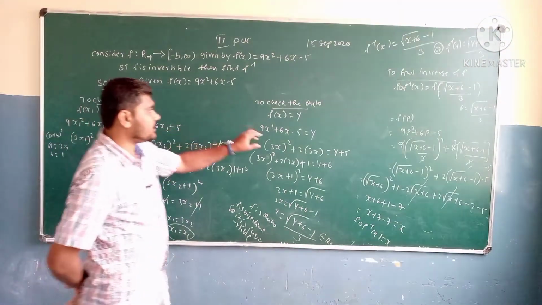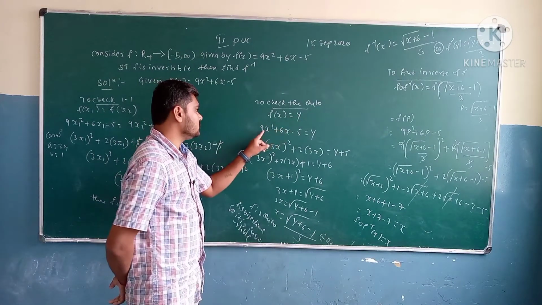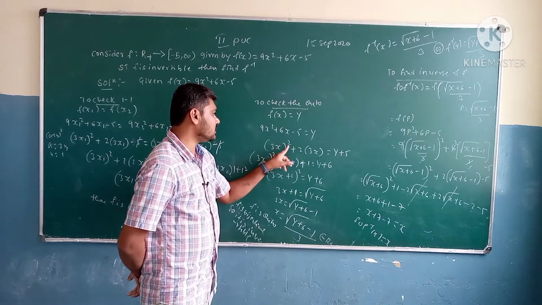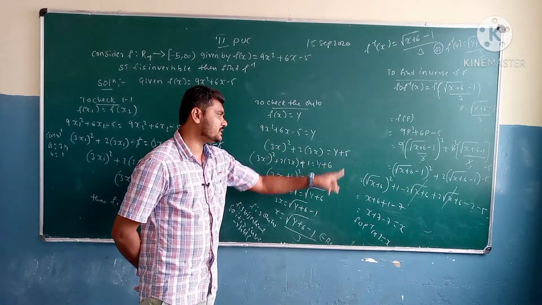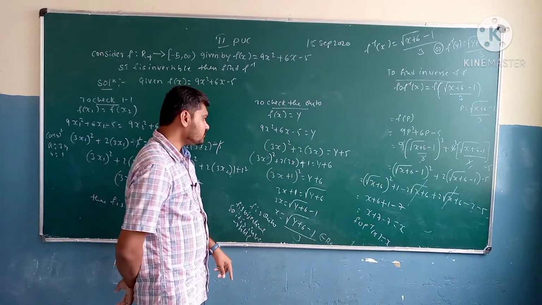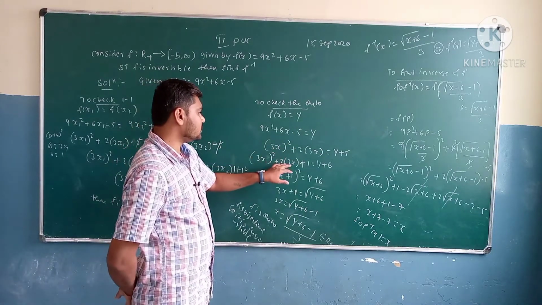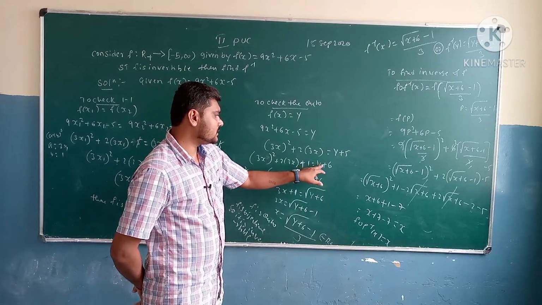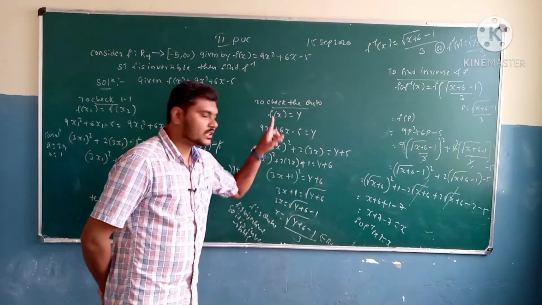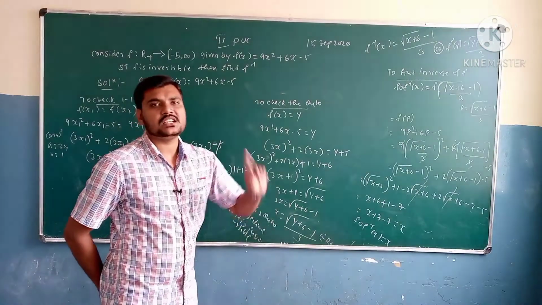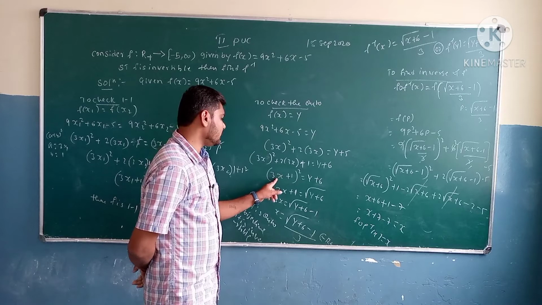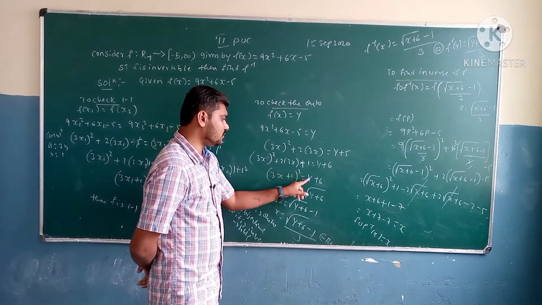Now to check the onto function, f of x is equal to y. So that's 9x square plus 6x minus 5 is equal to y. So that's going to be 3x square plus 2 into 3x is equal to y plus 5. I am shifting the 5 here. Here 3x square plus 2 into 3x plus 1; I am applying plus 1 here, since 5 plus 1 is 6, I am adding 1 on the LHS and on the RHS. So the remaining is 3x plus 1 whole square is equal to y plus 6.